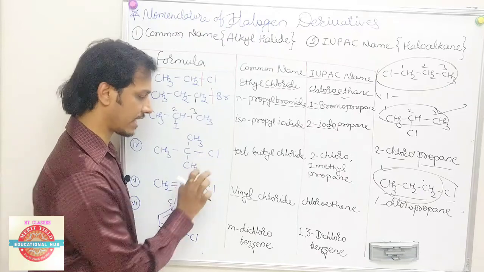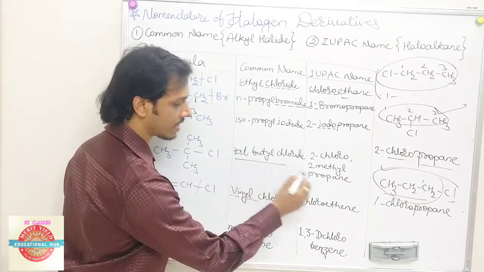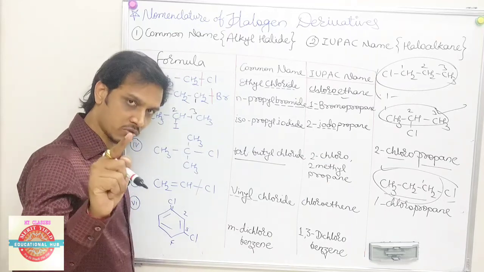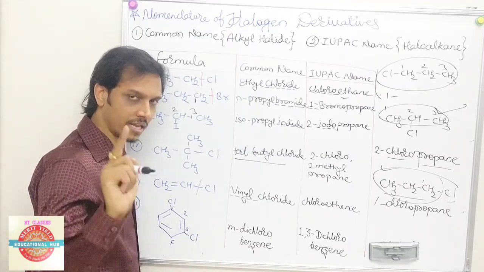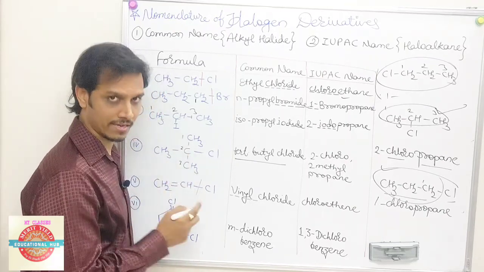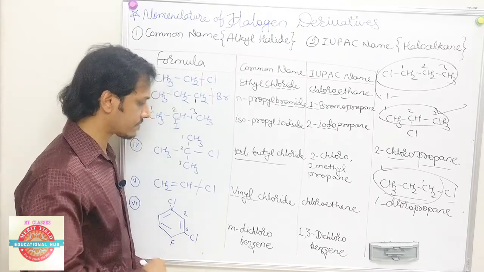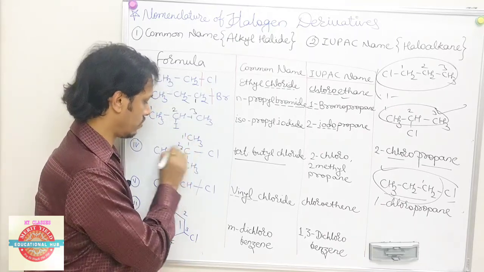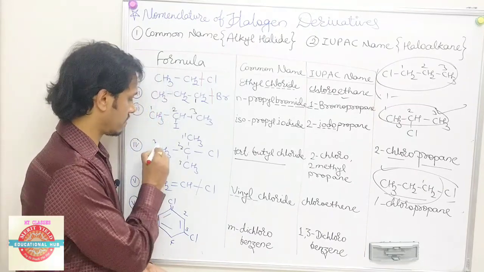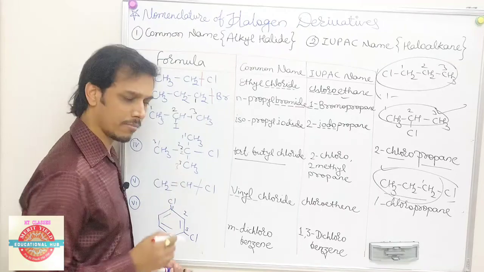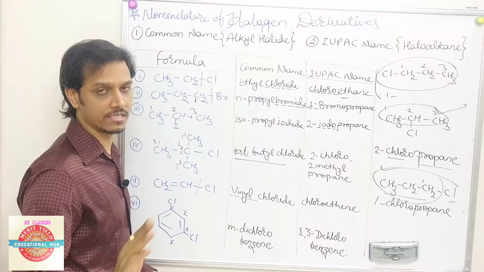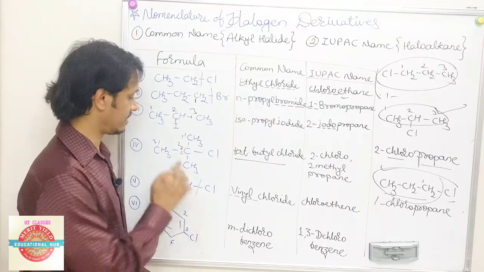Now a very twisting example. As compared with the common nomenclature system and the IUPAC nomenclature system, we need to understand very carefully here. The first rule of the IUPAC nomenclature system is to select the longest chain of carbon atoms. So 1, 2, 3 one way, or 1, 2 and 3 another way, or 1, 2 and 3. Whatever you do, every time we are getting a 3 carbon system as the longest system in the straight chain.